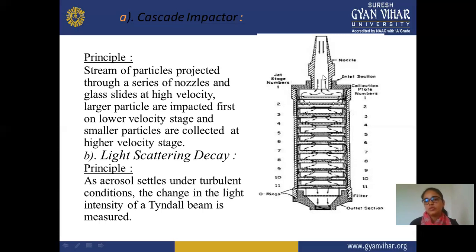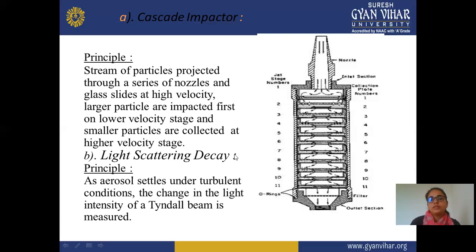In this, there is one nozzle of your aerosol, and here is the internal section and collection of the stage number, and the last stage number is on this side. So in this, we apply the steam with the particles, and when we apply the steam, particles are projected onto that particular container, and go through the series of nozzles. In this condition, with the glass slide at a high velocity, larger particles are impacted first. Those particles that have a large velocity or larger particle size are impacted first compared to small or lower velocity stage particles. Then we collect the particles according to their particle size or viscosity stages, and can check how many particles have a high viscosity or how many have a low viscosity.